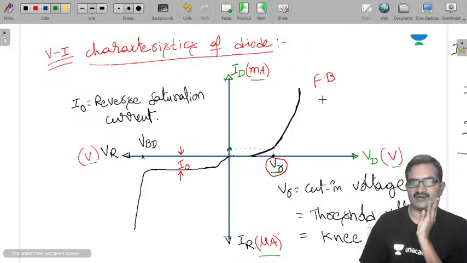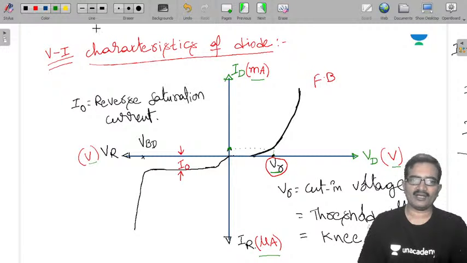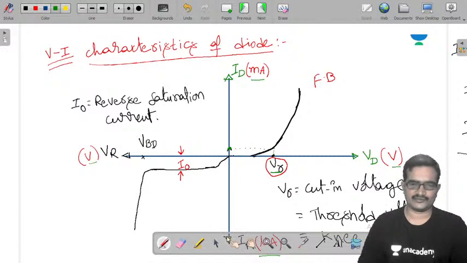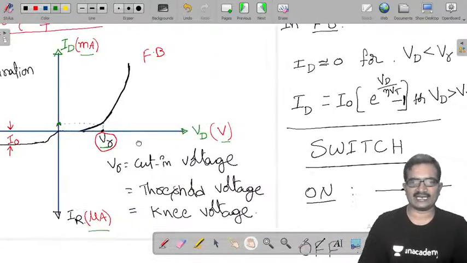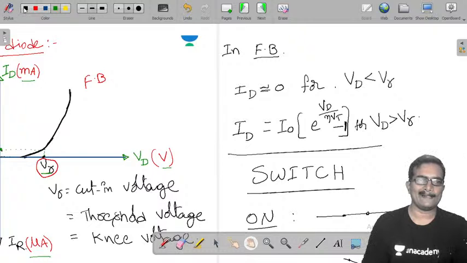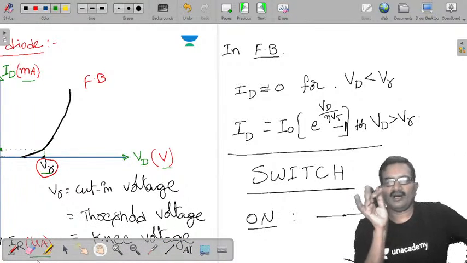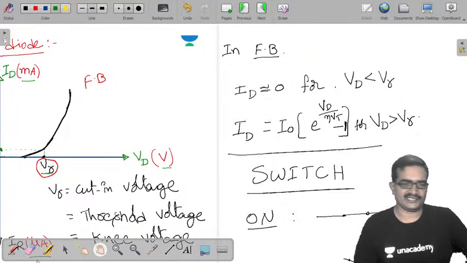Now, in forward bias and reverse bias, after completion of the plot, we need to go for how it is going to be useful, or what we can understand from this. This is the diode current equation in forward bias. Now here my intention is: what is the application of a PN junction diode?